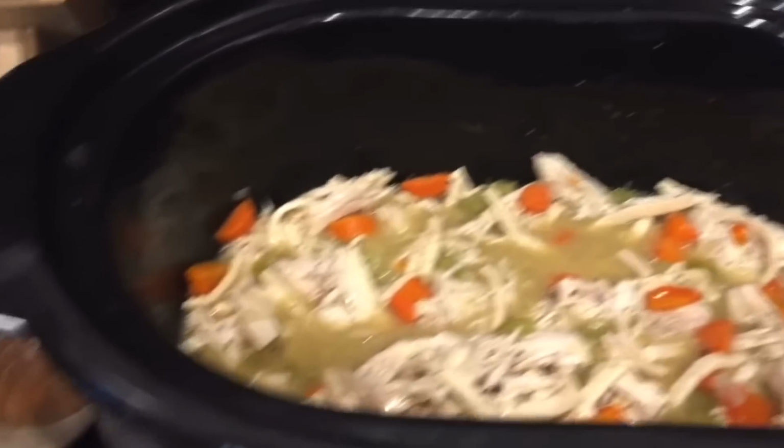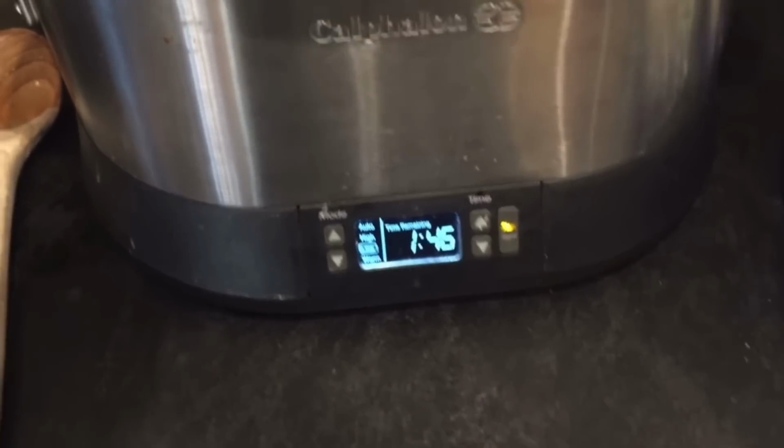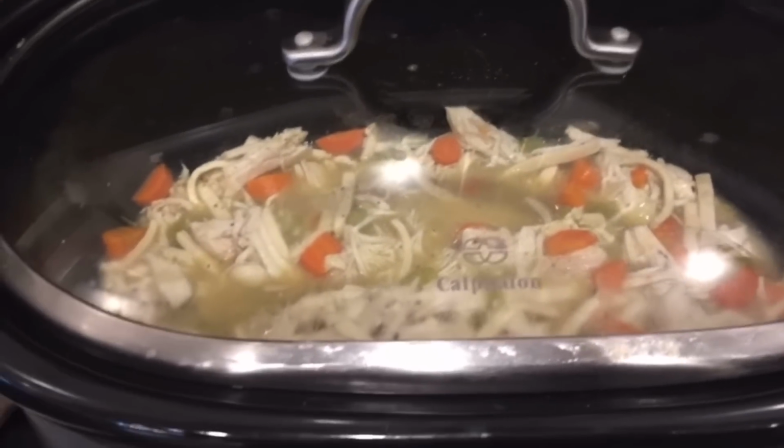My favorite slow cooker that I ever owned, the best in my opinion, was one made by Calphalon, and they stopped making it. In fact, I was so sad when I cracked the insert. That's usually what happens to me with the slow cookers. I'm just careless when I'm cleaning them, but I was so sad when that insert cracked and I called the company to try to get another one and they couldn't replace it. But the second best slow cooker that I have ever owned, or at least my second most favorite, my second favoritist,